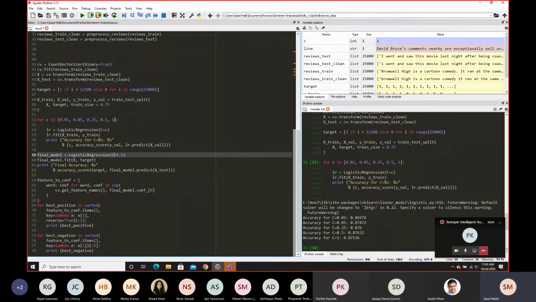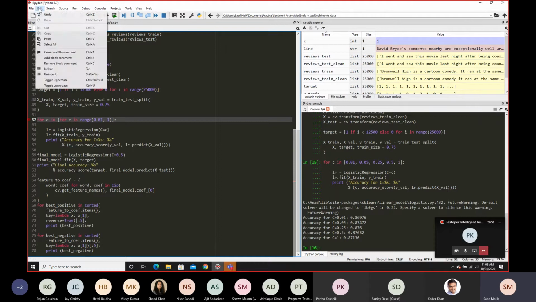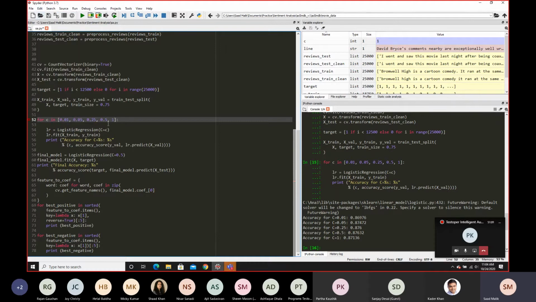Theoretically, instead of putting these values, you could literally just do for C in range, and start the range from like 0.01 to 1. This will take a lot longer, but you'll probably have a higher accuracy because you'll run through more values of C. You could theoretically do this for a lot of different parameters to increase the accuracy of your model.